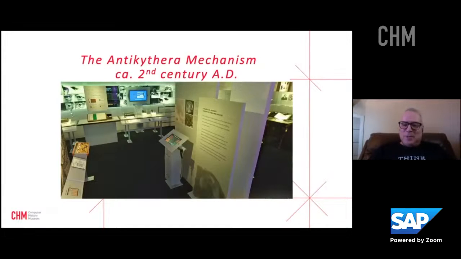basically one of the most important finds of classical statuary in history. Something like 40% of all existing classical Roman statuary comes from this one site, the Antikythera site. 36 marble statues of people like Julius Caesar, and also